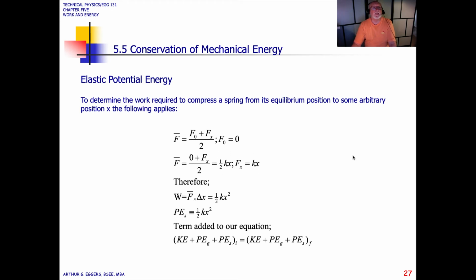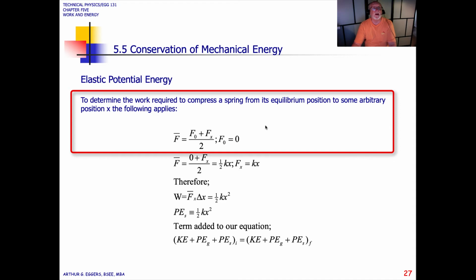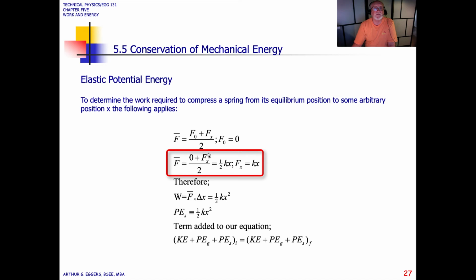So in looking at the elastic potential energy in a system here, in a spring, to determine the work required to compress a spring from its equilibrium position to some arbitrary position x, the following applies. So the relationship is telling us that some average value, the force initial, the force of x, the distance divided by 2, and setting the initial point to 0, you can see that it simplifies very quickly, f sub x divided by 2,